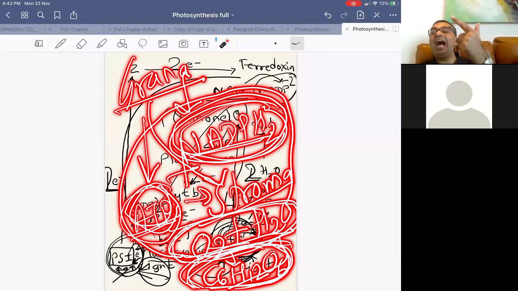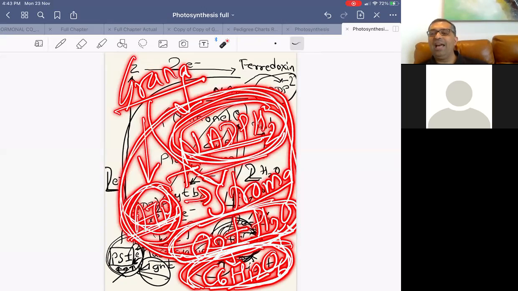ATP and NADPH2, जो पहले grana में बनते हैं by something called light reaction. And light reaction से grana में ATP और NADPH2 energy rich molecules बनते हैं जिसमें solar energy trapped है. And from grana both ATP and NADPH2 go into stroma, and stroma में CO2 and H2O combine with NADPH2 and ATP to form energy rich